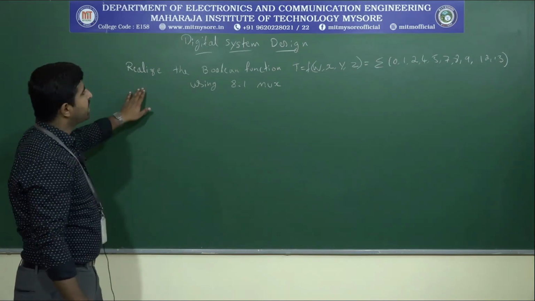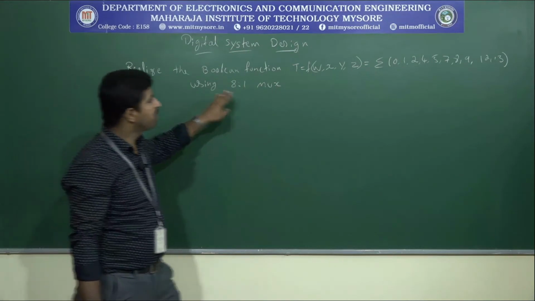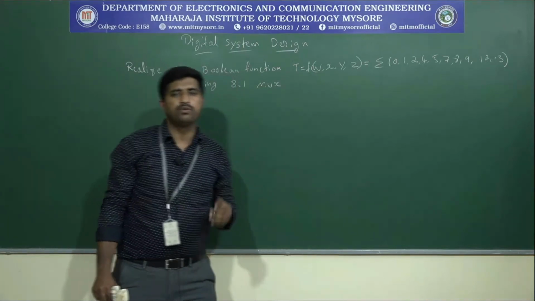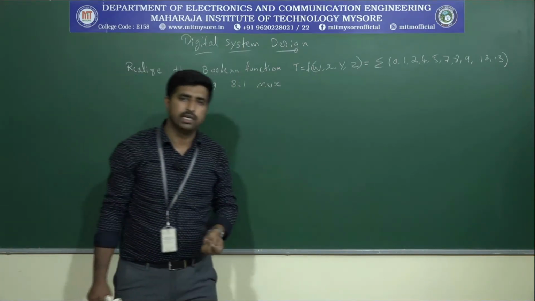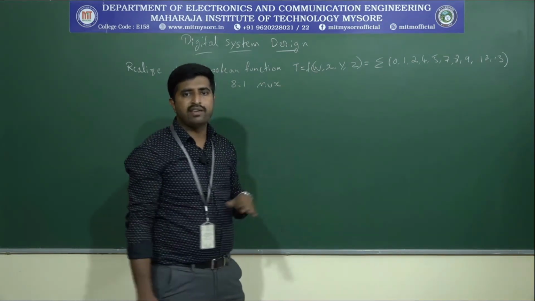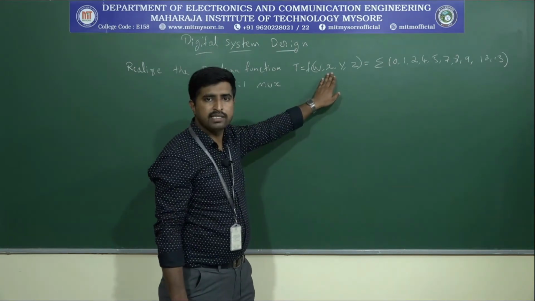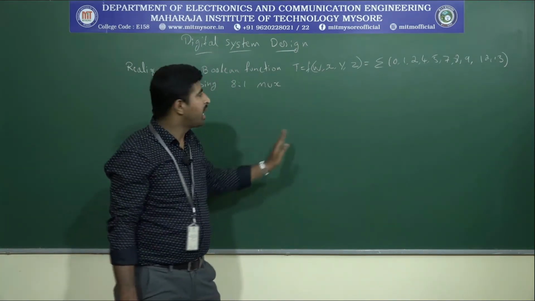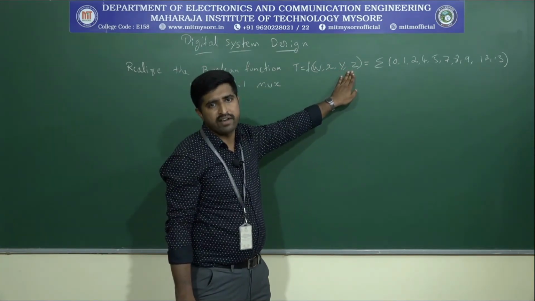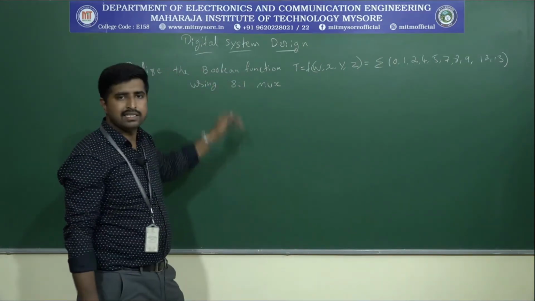The problem is to realize the given Boolean function using the 8:1 mux. The given function is a 4 variable function. We know that an 8:1 mux can be used to realize a 3 variable function, but here they have given a 4 variable function. So how we did the last problem: the 3 variables from the MSB will be considered for the select inputs, and the last variable will be used as a map entered variable. Let's understand how to realize this function using the 8:1 mux.